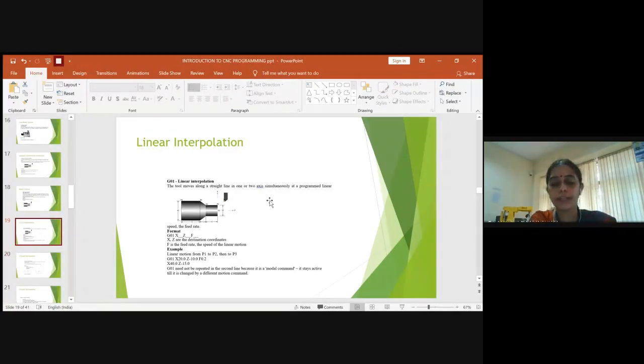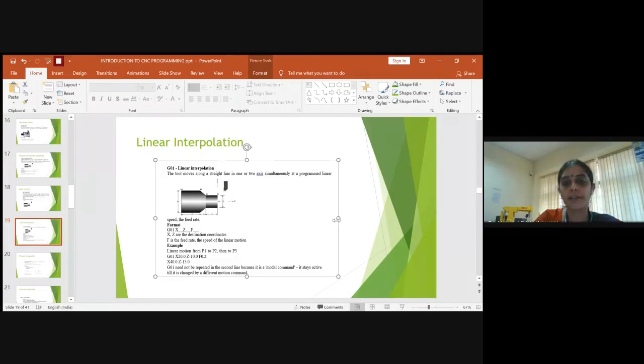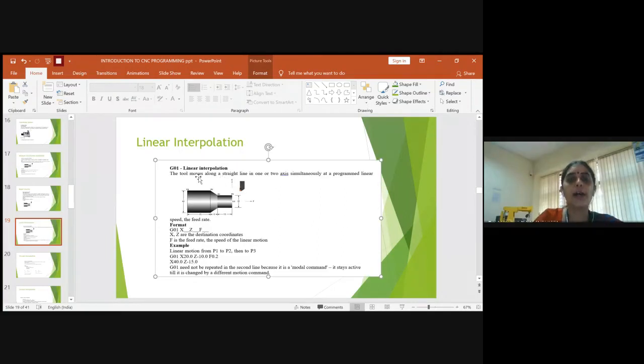And next, what you should understand is G01. So G01 is a linear interpolation. You don't have any circular interpolations here. It means the tool has to move linearly in a straight line. It doesn't move in any curved path. If you need any curvature type of movement, you have to go for circular interpolation.